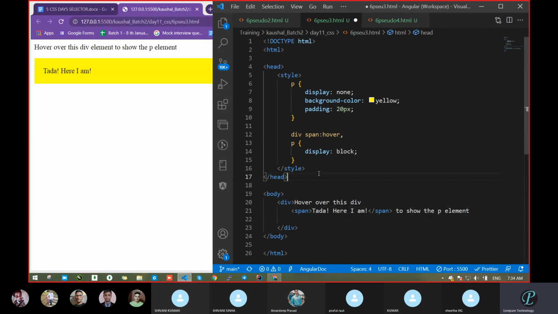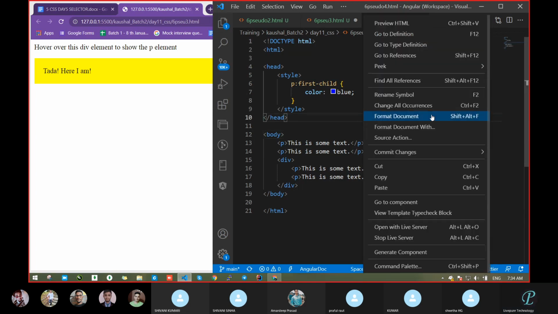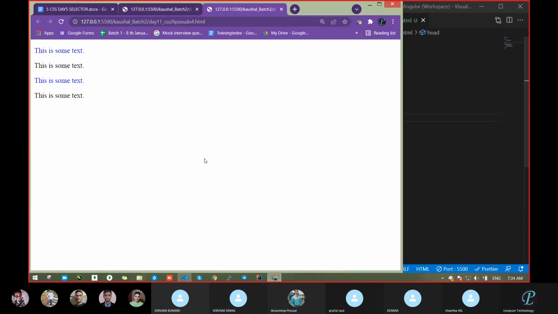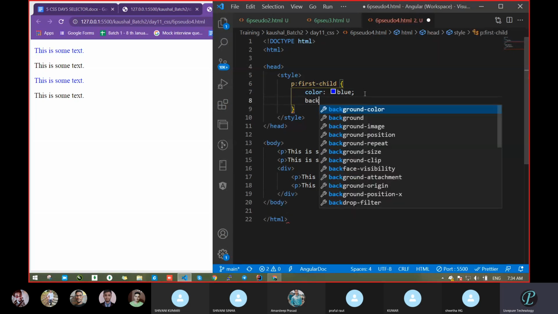We just have to understand how we can manipulate it for a particular element. Question is, if you want it for a particular element, slowly we will get this also. I think the next one was that example: P dot first child. Yes, this one will work. Just wait. Where is that? Okay, so see, in this case, what happened? The color. Let's change the color. Okay, let it be, and go with background color.